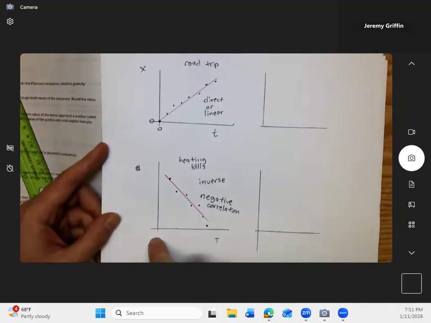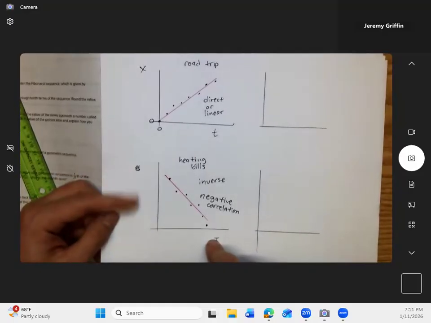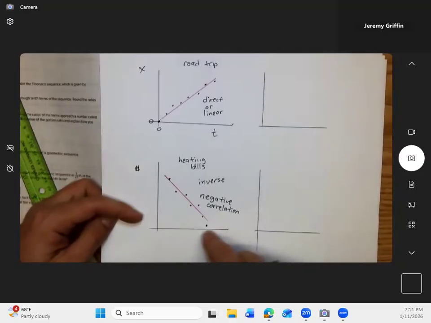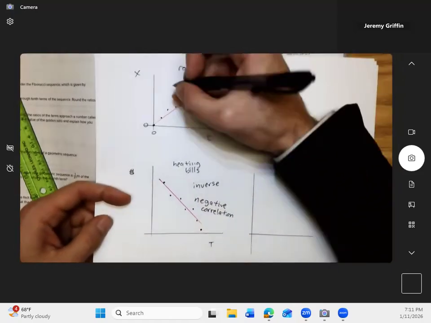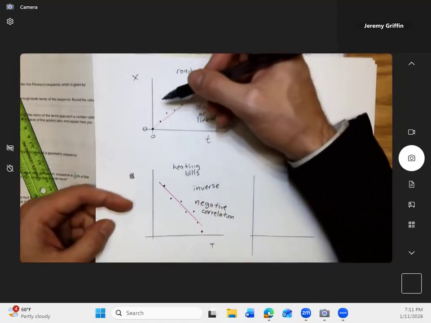Right. As the temperature increased, the money you spent on heating decreased. One variable increases, the other decreases, and vice versa. Right? One goes up, the other goes down. Whereas driving on a road trip, I would call the relationship between how far you've driven and how much